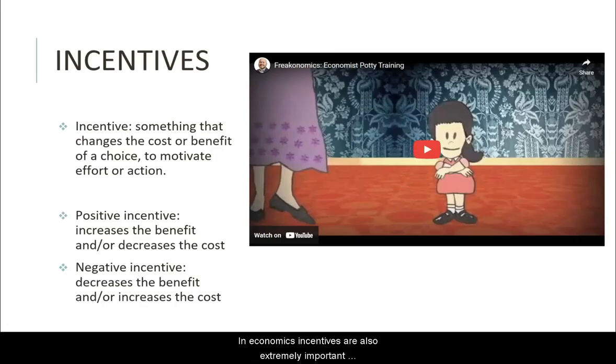In economics, incentives are also extremely important. Incentives change the costs or benefits of an activity to get someone to make a different choice. So an incentive might be, I'm trying to get my kids to clean their room, and I'll say you get weekly allowance. If your room is clean on Saturday, then I'll give you $5, right, every week. An incentive could be if you miss class, you won't get participation points, and it'll hurt grades. Right? Something that's going to change the cost or benefit of an activity to get you or someone else to